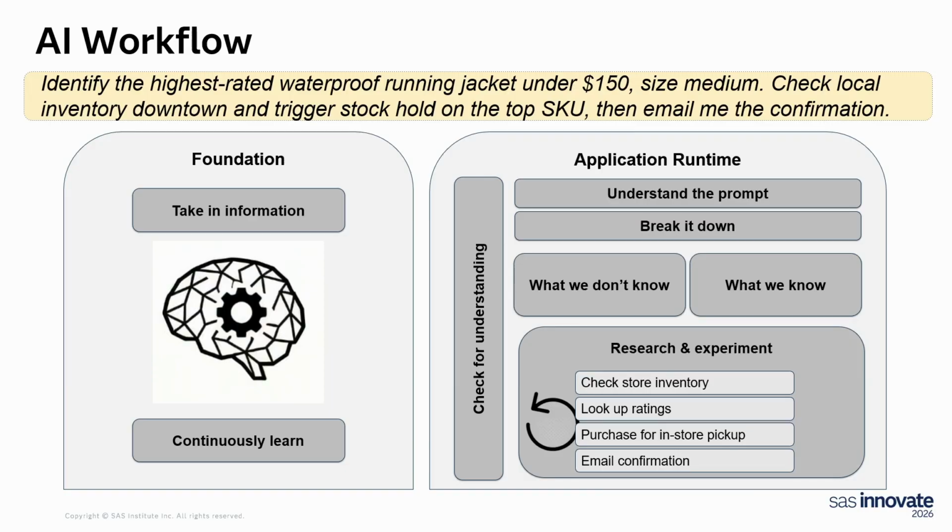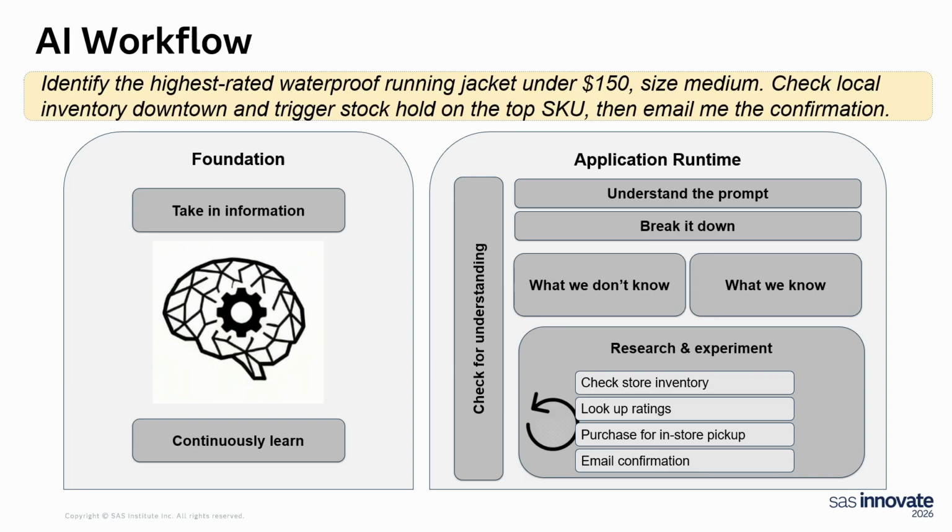And then on the right side, when we get a prompt for something, a challenge that we need to do as a human or a computer, we look at different loops and have a process for this. And so we break this down. We have to understand what is being asked of us and break it down. Like, what do we know about this?